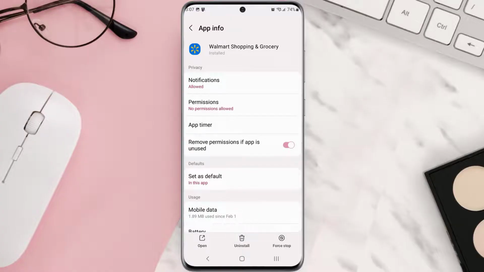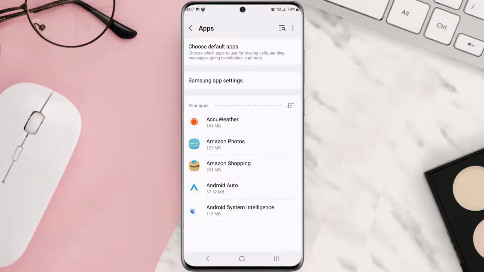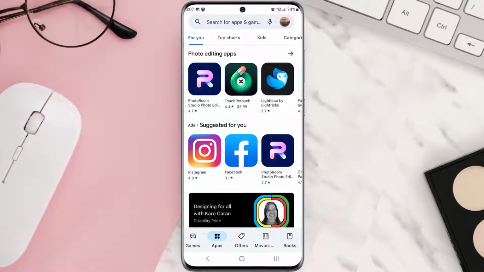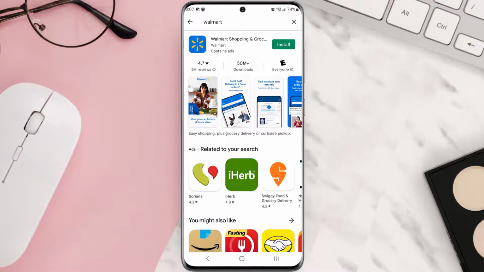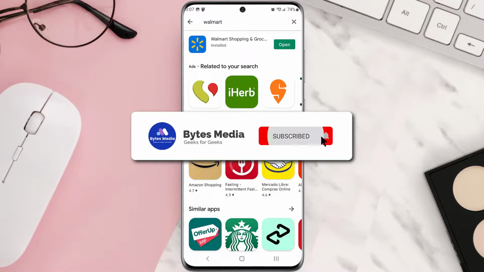Follow the on-screen instructions to navigate all the way to this app page. Once you're on this screen, you need to tap uninstall at the bottom and then tap OK to confirm. Once it's uninstalled, simply head back to the Play Store app and then search for the app in the search bar at the top. Over here, click on this button right next to the app name to install it back on your device. Hopefully this will fix the issue,